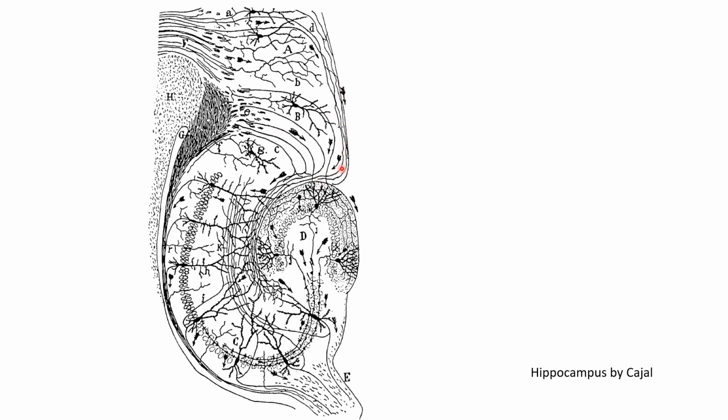Now remember that Cajal was not doing any functional experiments. He was not looking at the activities of neurons or how they are responding. He was only looking at their structures, but probably by following the neuronal structures starting from the sensory layer, he was able to infer that this must be the direction in which the information is coming in, and then must be going to the next neuron, and then able to continue the direction. So this is quite remarkable that with very careful anatomical observations, he was able to infer this kind of directional information.